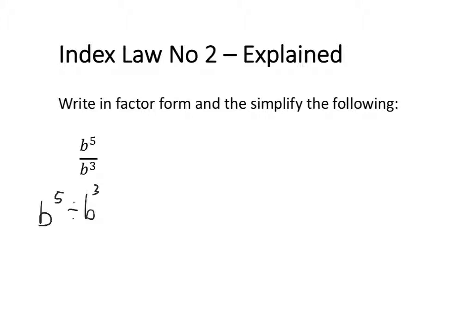So now let's have a look at writing it in factor form. When we write it in factor form, we want to expand the top, the numerator, and expand the bottom, or the denominator. So b to the power of 5 is going to become b times b times b times b times b. So we end up with 5 lots of b's being multiplied. And that is going to be divided by b to the power of 3. So b times b times b. So that's how we write b to the power of 5 divided by b to the power of 3 in